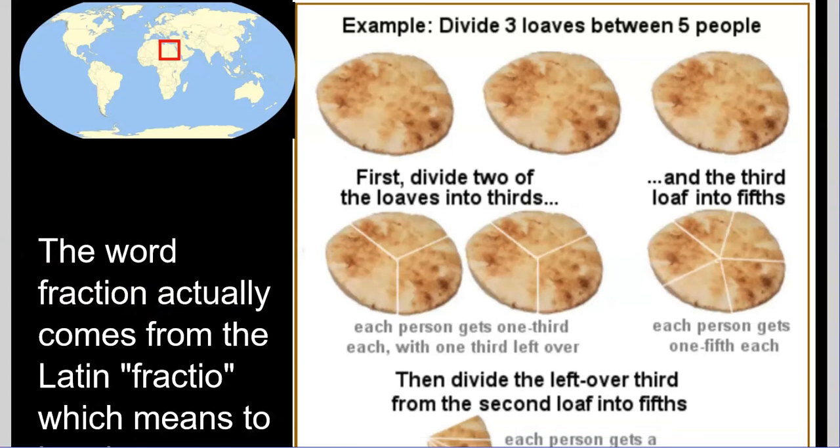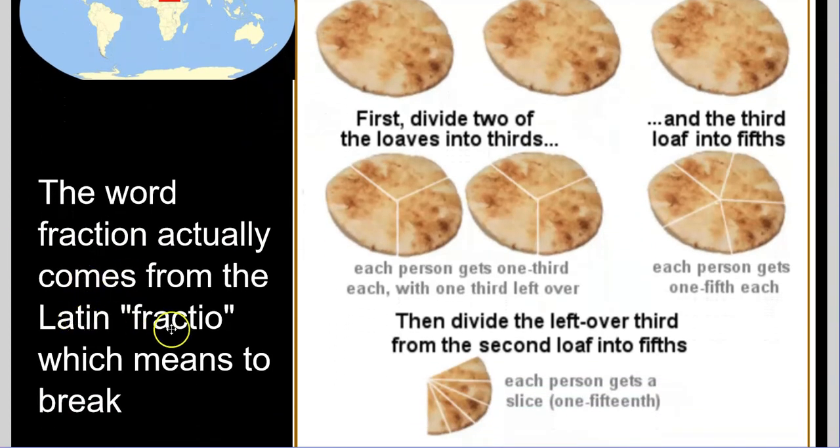So the word fraction that we use actually comes from Latin fractio, which means to break. And so if you think about fractions, the Egyptians thought of it in terms of just simply breaking something into pieces. So now we have counting numbers, now we have zero, now we have negative numbers, and now with the